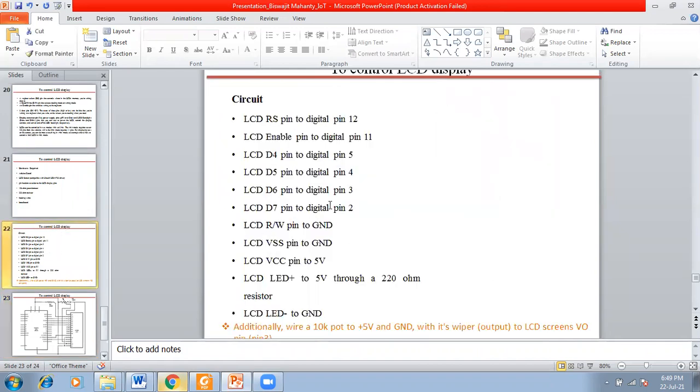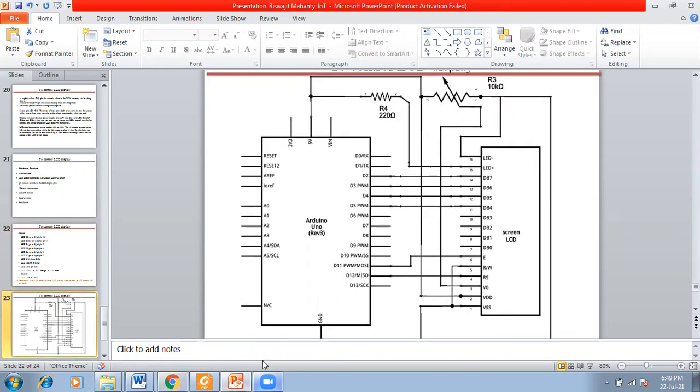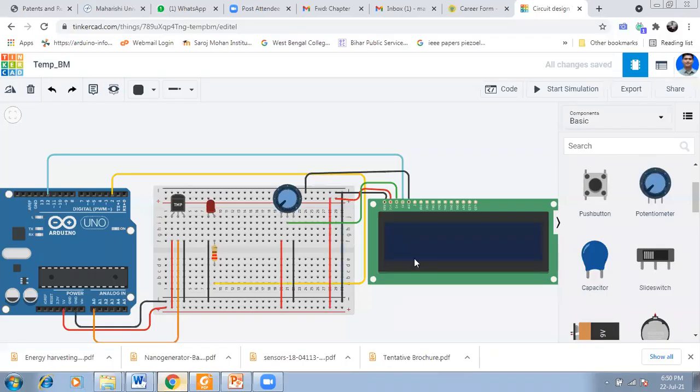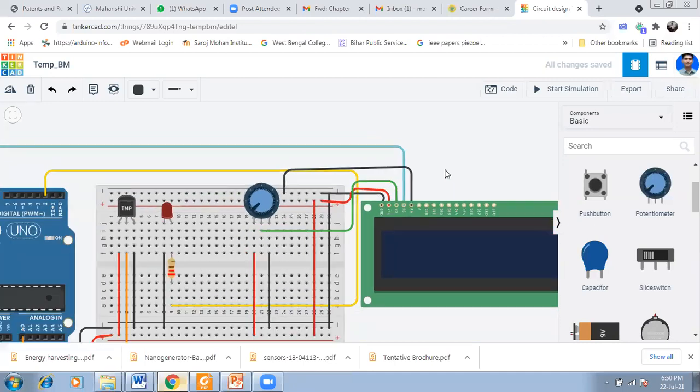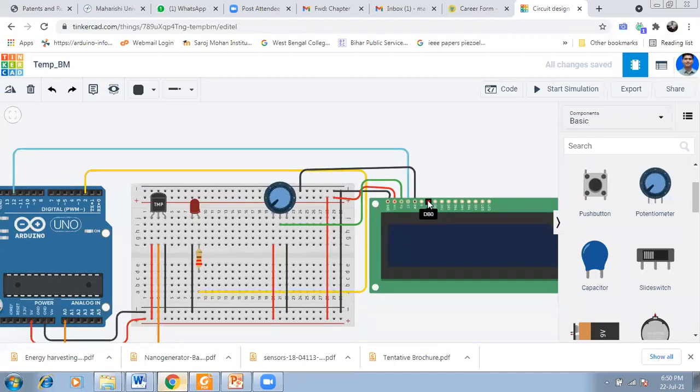See here also, enable pin. See LCD enable pin to the digital pin 11. In the same way it should be connected with pin number 11. So this is enable. This enable pin is connected with digital IO pin number 11.